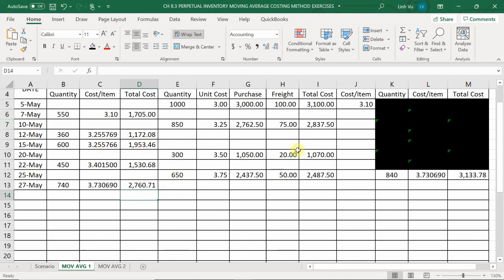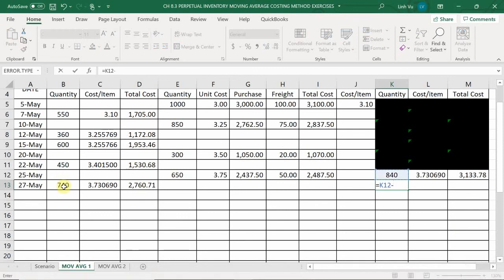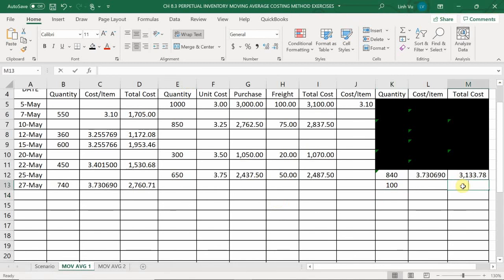Okay, so let's go ahead and update our inventory because now we no longer have 840. How many items do we actually have left? 840 minus 740? So 100. If we started out with 3,133.78 and we sold 2,760.71, we should have a total now of 373.07,